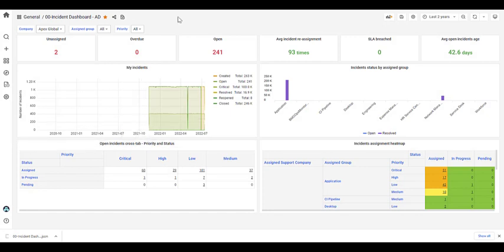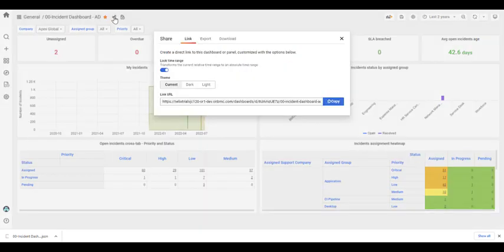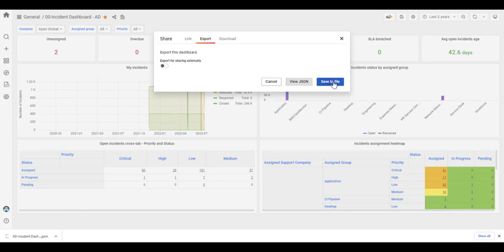One of the features of Helix dashboards is that if you have created a dashboard in your development environment and you wish to take that over to production, you can import and export the file. So for example, here we have a dashboard in development, and we want to move it to another environment, into another folder. So what we can do is share it, export, and save the JSON